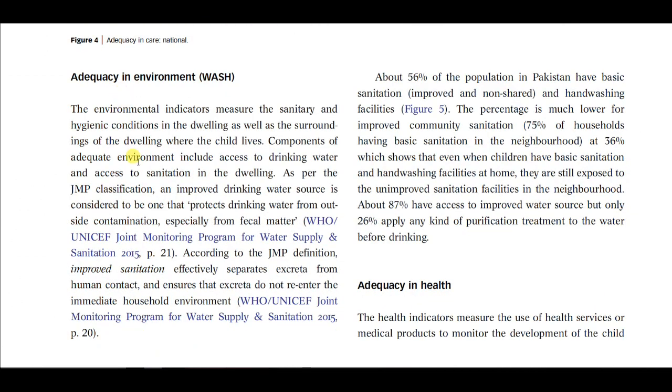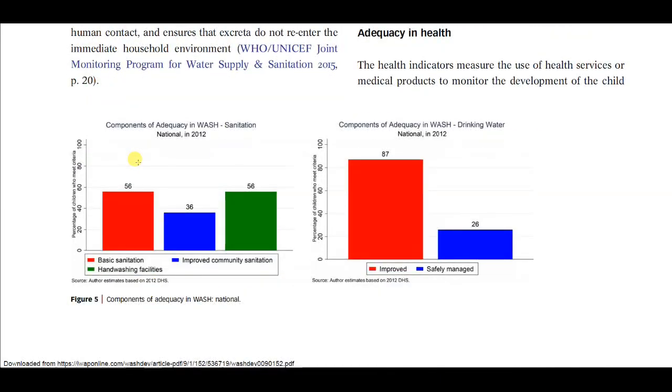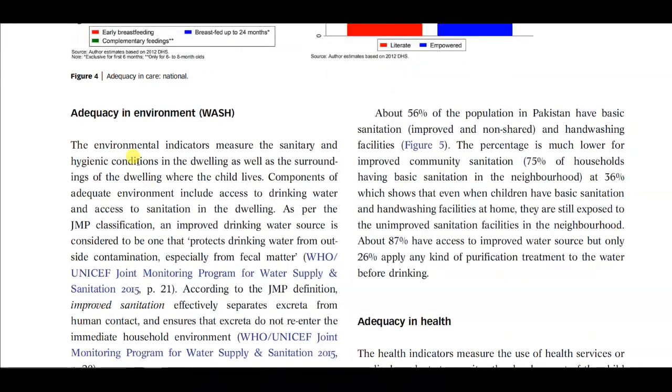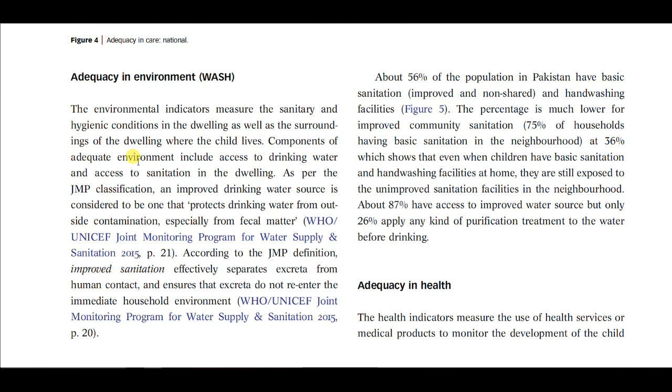Environment, I'm not going to discuss the definitions in detail, because we have already done that in lectures 13 and 14. What we are measuring here is that the household where the child is living has access to improved water, improved sanitation, and hand washing facility with soap and water. If all these categories are okay, then we consider this child, or the household of the child, to be okay